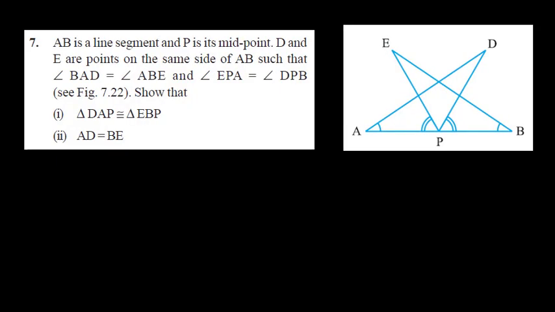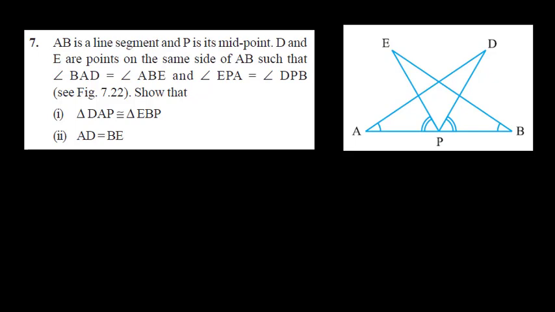Now come to the seventh problem. Always in these problems you first go through what is given, then check your diagram, and if the diagram is not there you have to draw it, then analyze how you can prove what you have to prove, and then you start solving the problem. Now here AB is the line segment and P is the midpoint. That means AP is equal to BP. D and E are points on the same side of AB. As you can see in the diagram, they are on the upper side of this line AB, such that angle